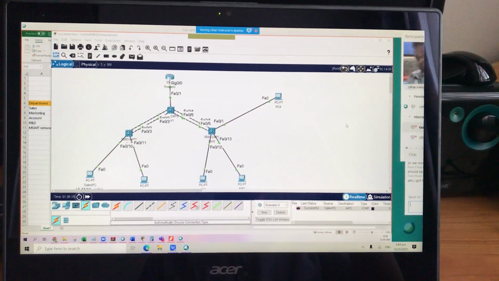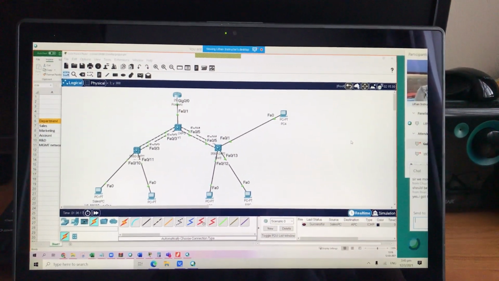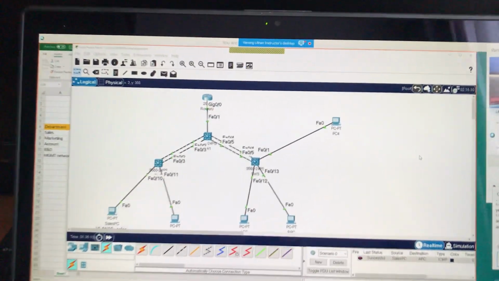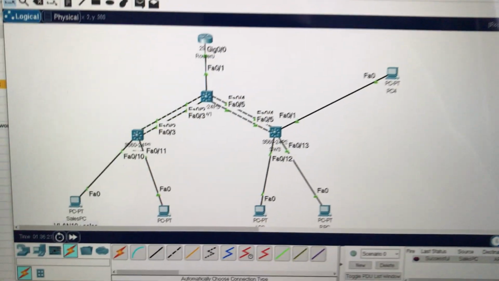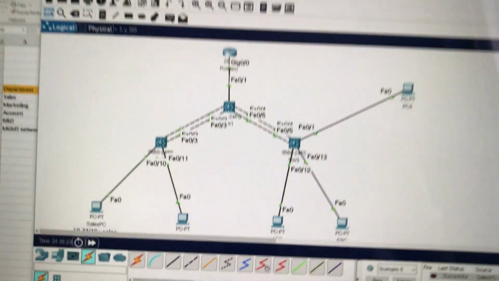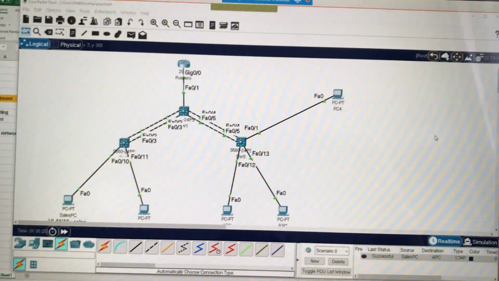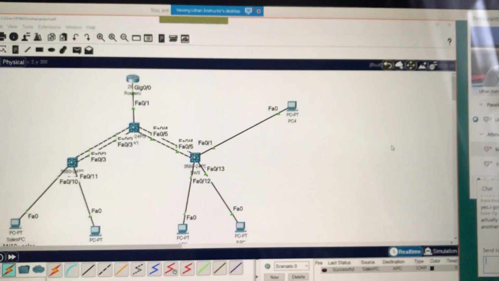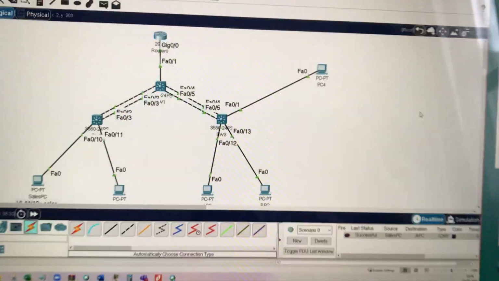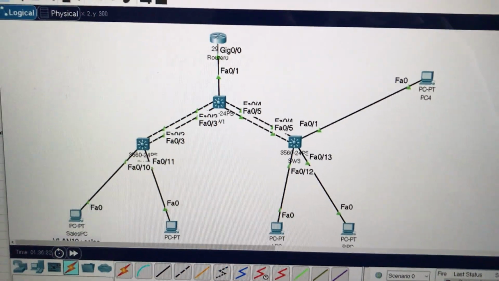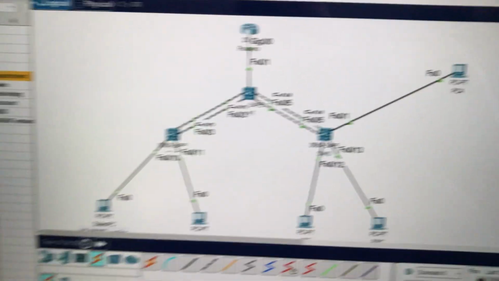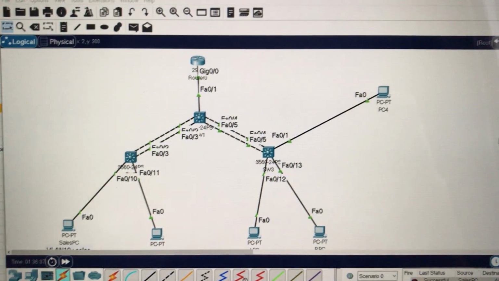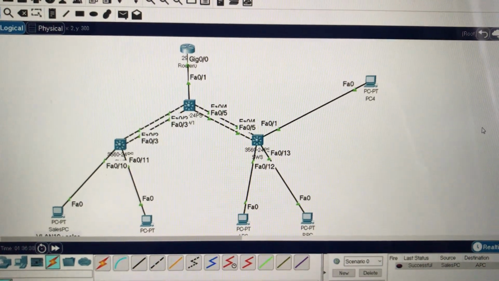We'll do one thing. Try this on the weekend. Different VLANs should not access each other. We are using router on a stick, so we are providing the inter-VLAN routing here. We are providing the communication between them. If you want them not to communicate, you can just shut down the gateway. That's it.